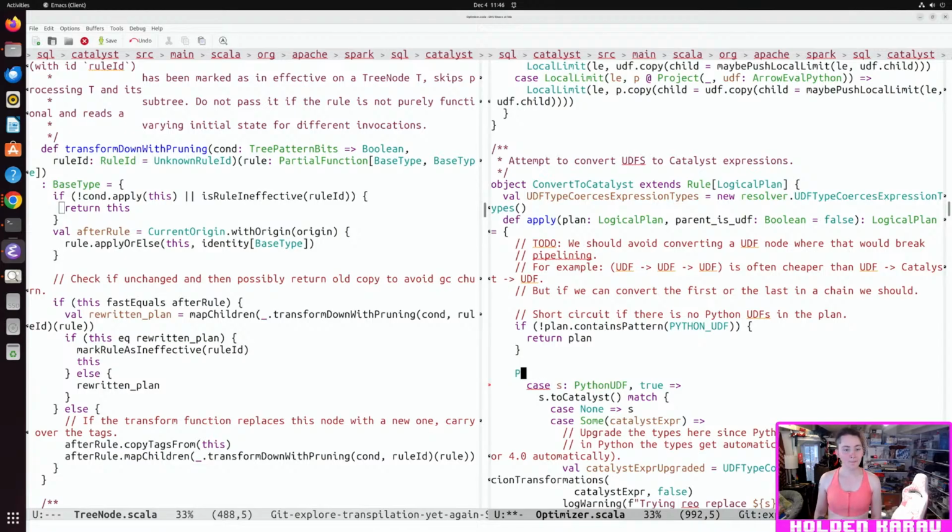So if we don't manage to convert ourselves to a UDF, then from a UDF. Okay, so here we go.